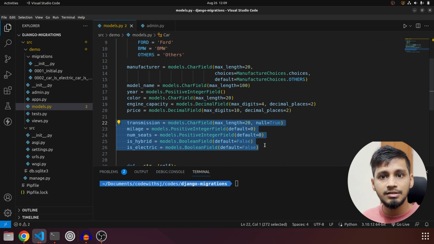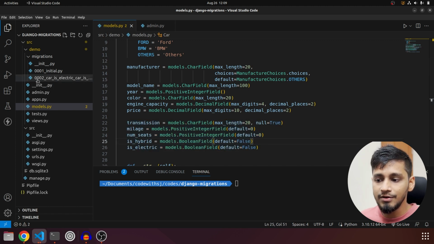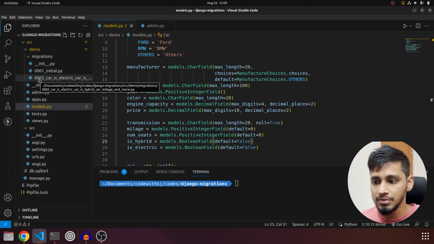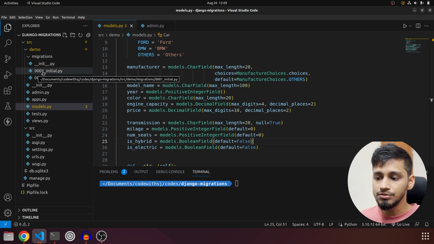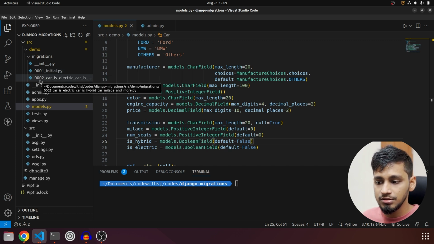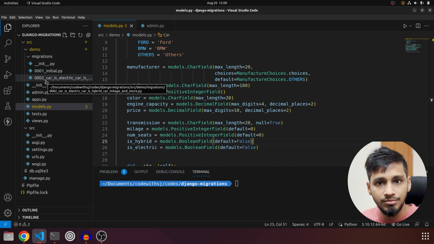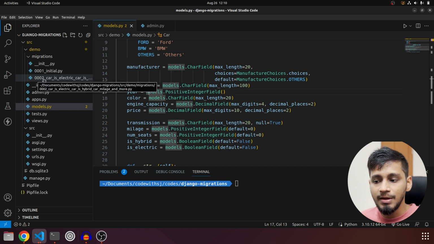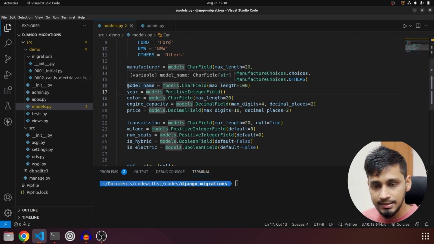So to do that, there is something called reverse migration in Django. And to use reverse migration, we have to understand the migration numbers. If you take a close look here, the first migration is 0001, and the second migration is 0002. So these are called migration numbering. Right now our second migration is applied. So that means the first one is already applied and the second one is also applied. We want to revert this second migration so that these fields are not present in the database.